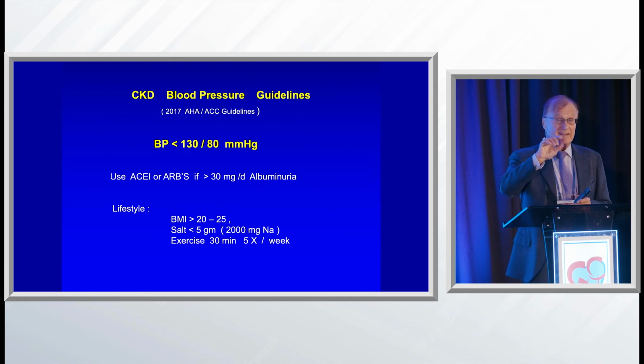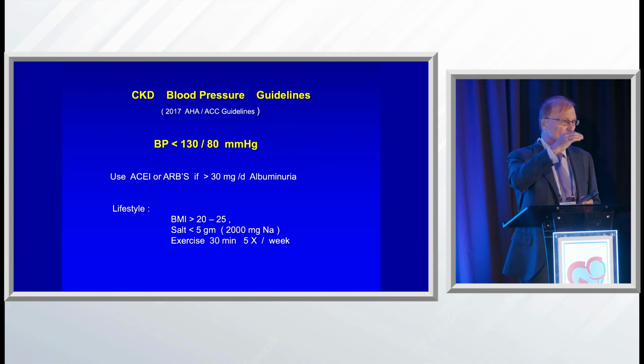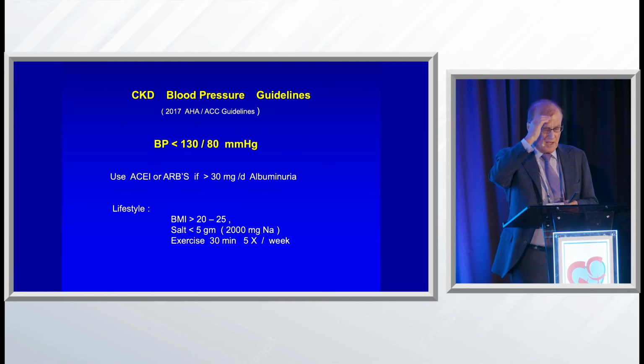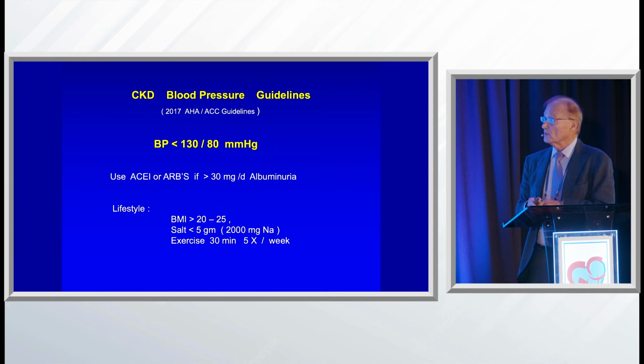And you don't have to get there in one day. If somebody's pressure is 120, but they have albuminuria, you can start with 10 of lisinopril for a month, and then go to 20, and then 30, and it may take you 3 months, but the body actually then will tolerate the higher doses much, much better.